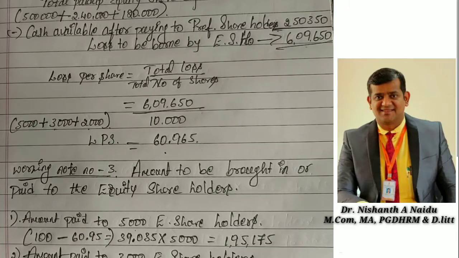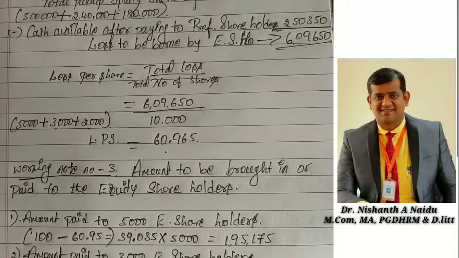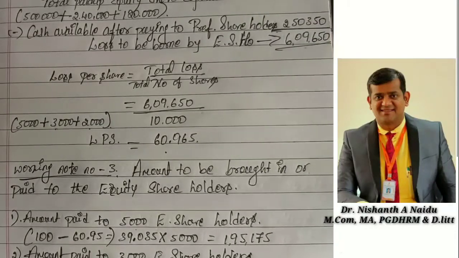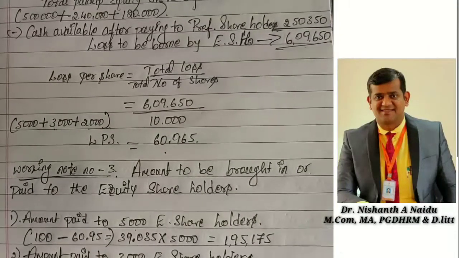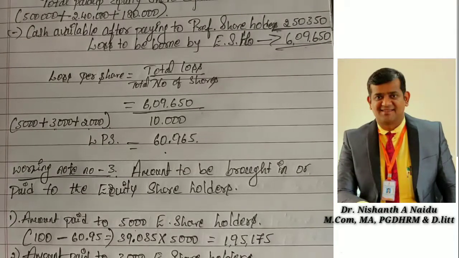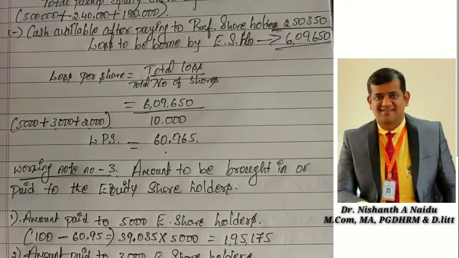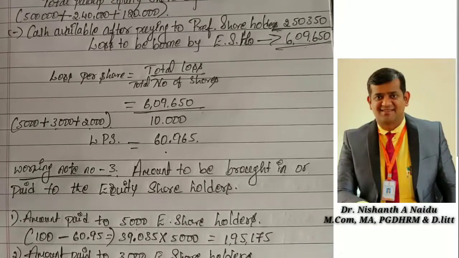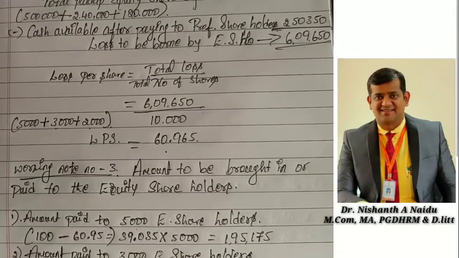80 minus 60.95 is 19.05, into 3,000, that comes to 57,150 rupees. Okay. So next, the third one: the amount brought in